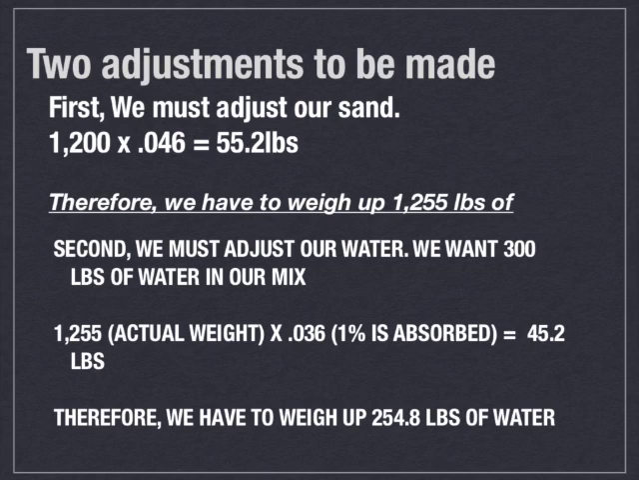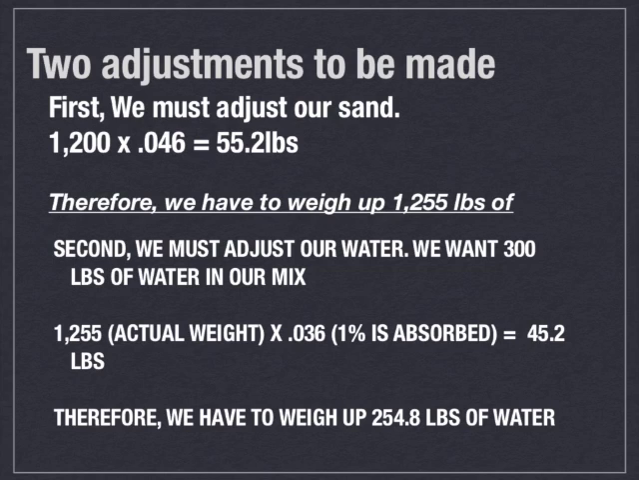We do that by taking the 1,200 pounds of sand, multiplying it by the moisture content, and it lets us know that there's 55.2 pounds of water in that sand. And therefore, we have to weigh up 1,255 pounds of sand. Now we're also going to have to adjust our water because our sand has a lot of water on it. So here we need 300 pounds of water, and we're actually going to weigh up